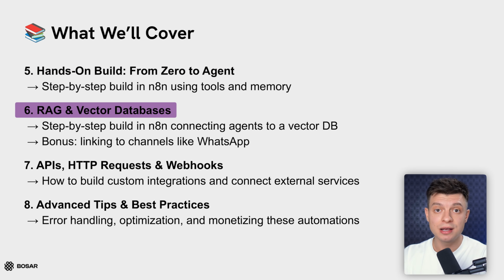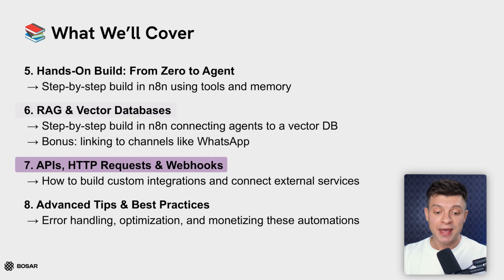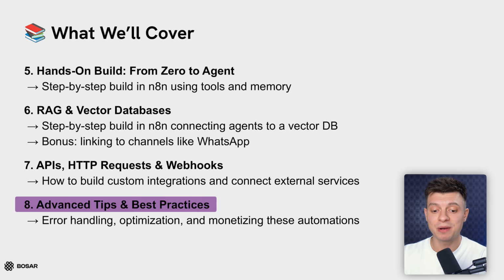Then we'll dive into RAG and walk through how to connect your AI agent to a vector database so that it can fetch some specific or up-to-date info. We'll also connect it to WhatsApp, of course. Next, we'll break down APIs, HTTP requests, and webhooks, which are essential skills if you want to build more advanced or custom workflows. And to wrap things up, I'll share some pro tips and best practices like how to handle errors and a few other tricks that will save you a ton of time and help you build more reliable